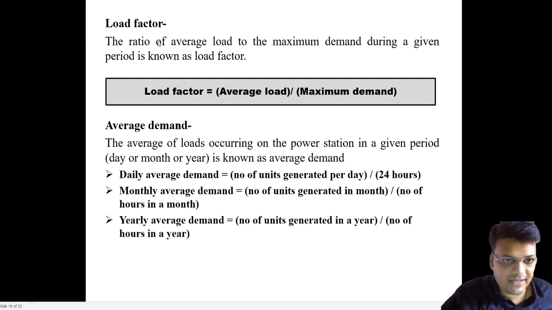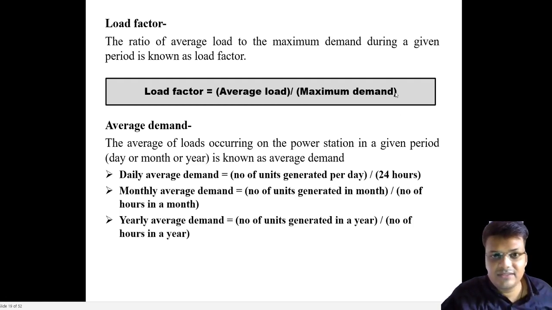Now what is the load factor? Now we know everything, so we can calculate the average load. We know the maximum demand, and dividing, we simply get the load factor. So on one paper, write the formulas one by one. If you look at the end, there are 12, 10 and 12 formulas, and you will easily remember them and simply get the answer. It's a very easy chapter; you only have to remember these formulas. Now you have a concept of what is maximum demand and what is average load.